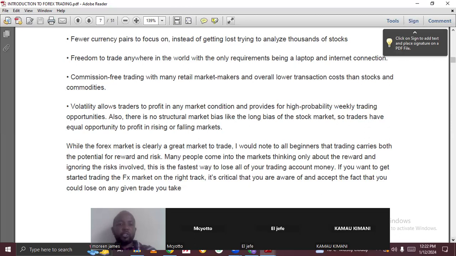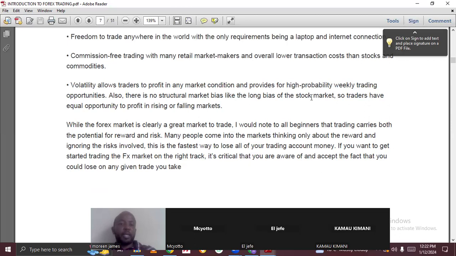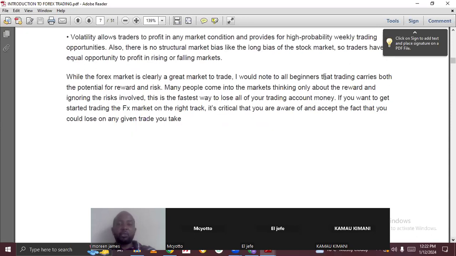Also, there is no structural market bias like long bias in the stock market. So traders have the opportunity to profit in rising or falling markets. That's why I really love Forex, because I can buy or sell anytime, make a profit, get out, and I'm good to go. So while the Forex market is clearly a great market to trade, to all beginners,